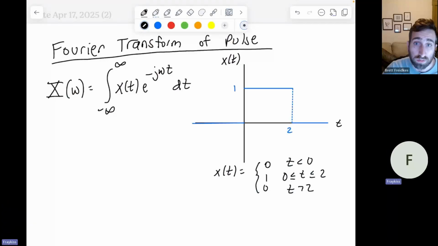Hi. So the goal of this video is to do another example of a Fourier transform. And in my previous videos, we looked at the Fourier transform of the dirac-delta function and also of a simple sinusoid. Now what we want to look at is the Fourier transform of a pulse, where a pulse is some sort of graph